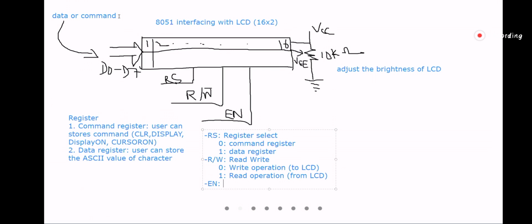This is a signal, remember that. When you send a data or a command from the data bus, the signal needs to latch on the bus. Are you getting it? Only if you give a high to low pulse on enable will this data or command latch onto the data bus.